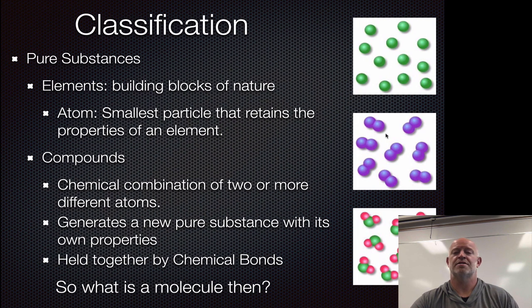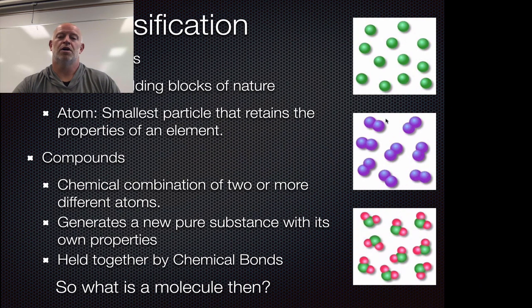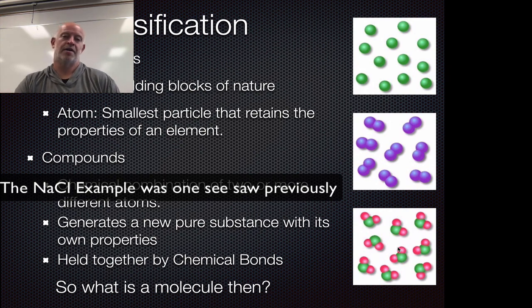Now, if we look over here, this would be an atomic view of atoms. This would be an atomic view of molecules. This is also an atomic view of molecules. They're all in their individual packages. This would be a single element. This would be an element. This would be a compound. So you can have a molecule here that's of an element. You can have atoms of an element. You can have molecules of a compound also. We don't have an example up here of a compound that does not form molecules in these images right here.